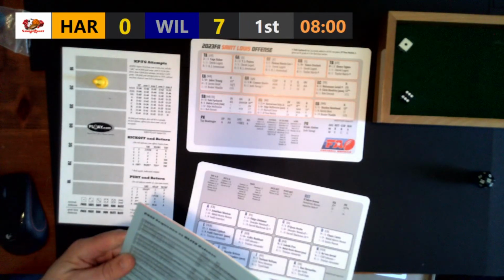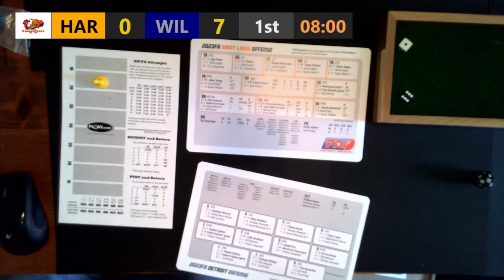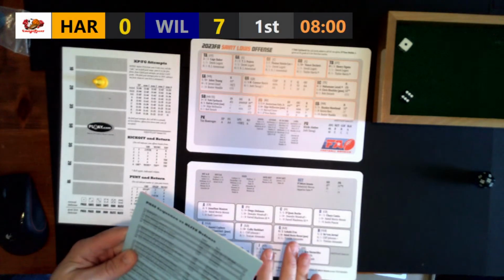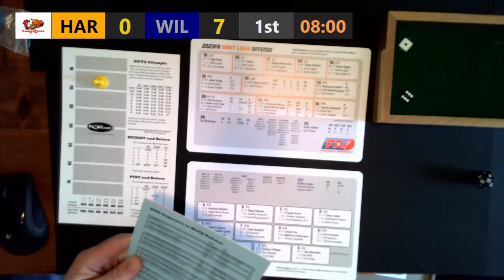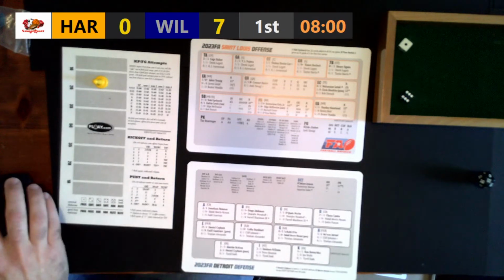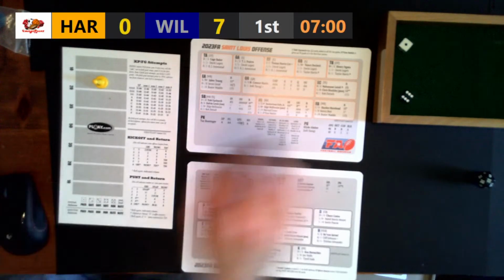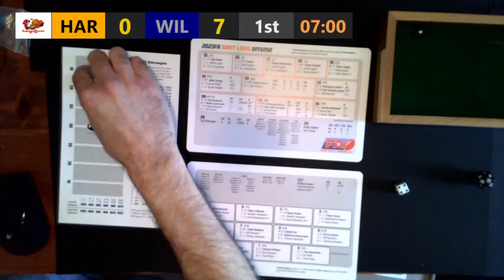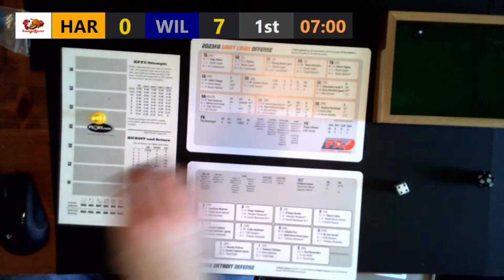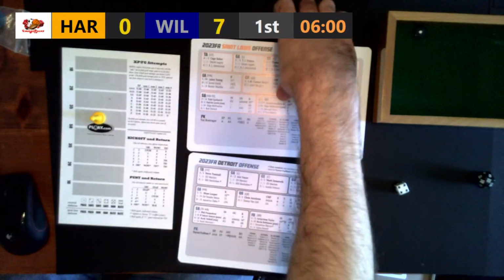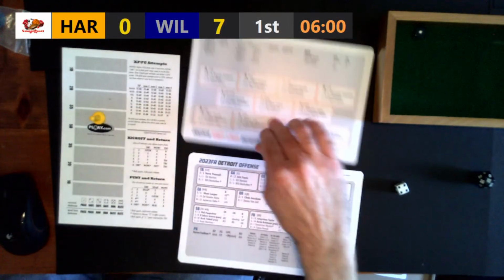2 or more DBs rated 0 pass? Everybody is at least 1 or more. Is Hawk C greater than 2 on the Y? It is not, so it is just going to be an incomplete pass, and they are going to be forced to punt on the 3 and out. And a short punt here. So Williamsport is going to get the ball in Harrisburg territory, already leading 7-0 here.